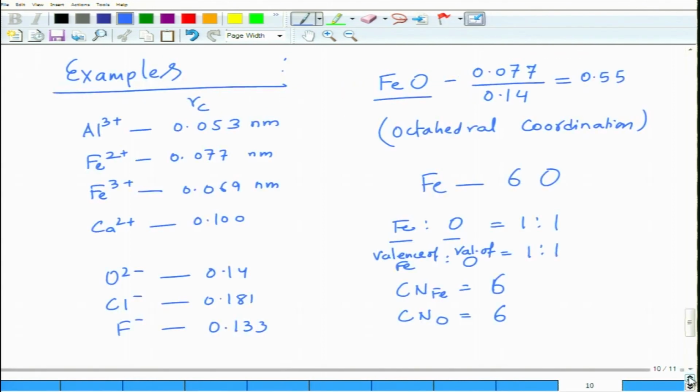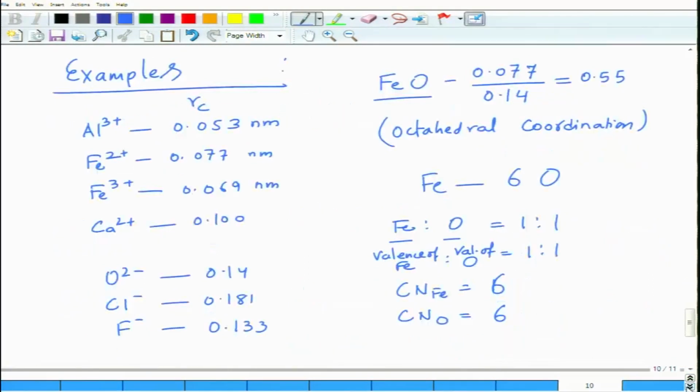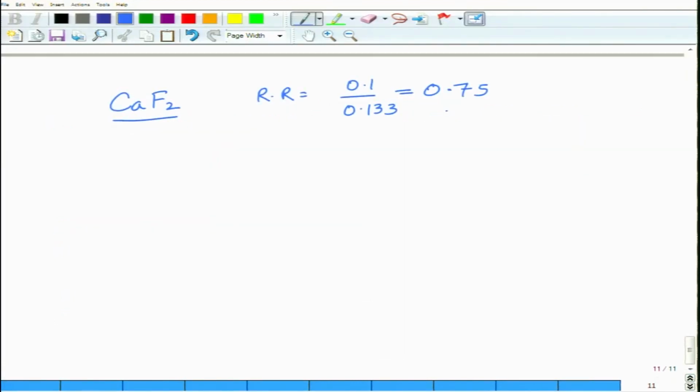If you look at 0.75, this is here. So it tends to follow 8-fold coordination. So you have coordination number of cation is 8, but